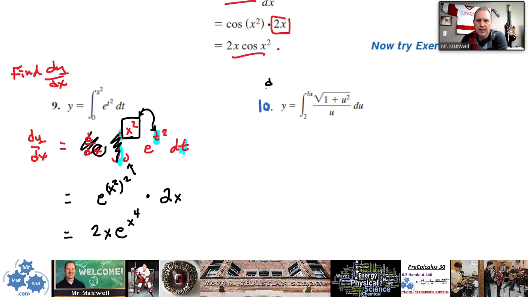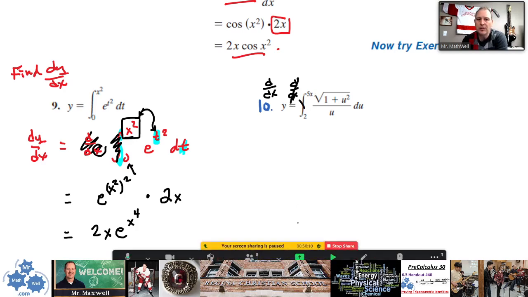All right, so if we're taking d dx here for number 10 of both sides, we know that d dx of an integral, especially when it has a limit of integration that has to do with x, these are going to cancel each other out. And what we need to do here,